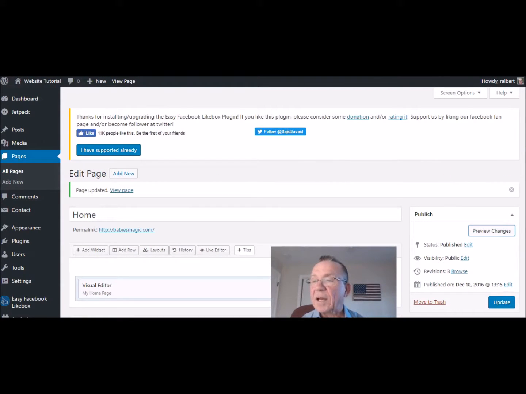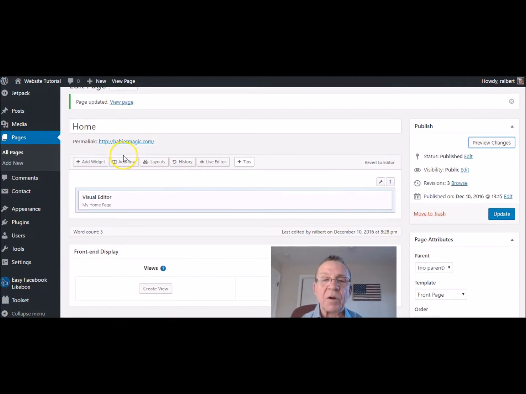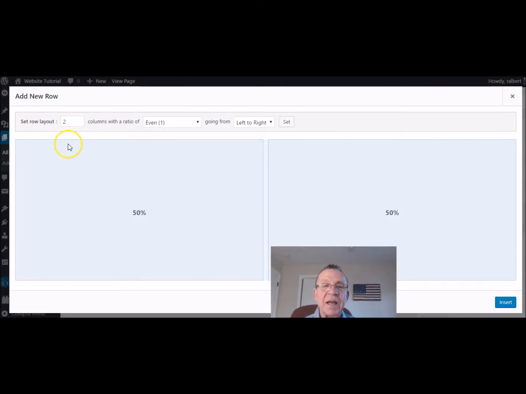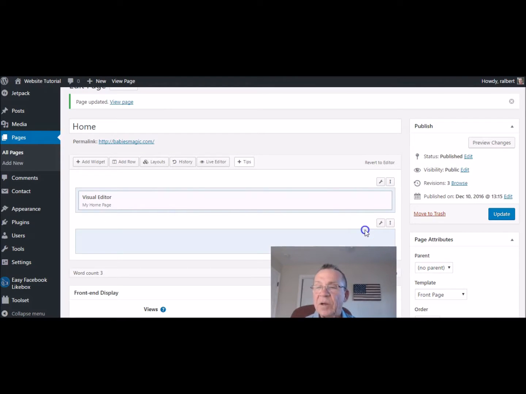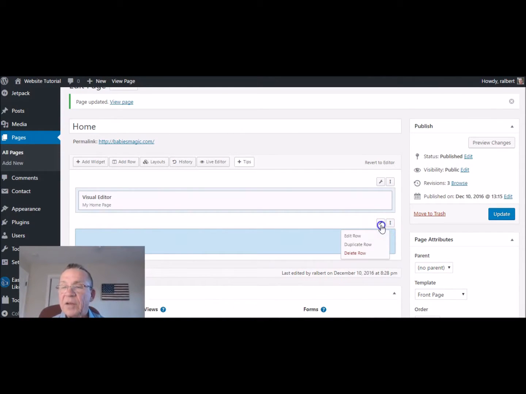Now if you want to add another box, okay, so we're going to add another row. Forgive me, I'm saying box. So you add another row. Okay. Again, now we got two layouts there, and we're going to switch it back to one, and we're going to insert it, and then we're going to just make sure,